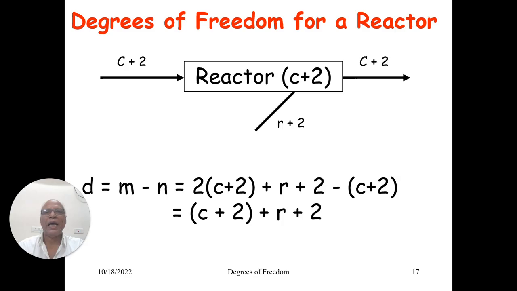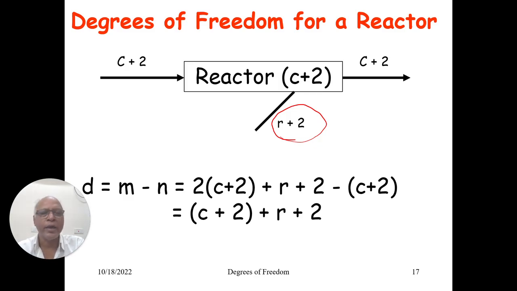So you consider a reactor. So one input stream, one output stream. So the number of variables are 2 into C plus 2. What do you mean by this? These are equipment parameters. We said in a rating problem, along with streams, we must also be able to define the equipment parameters. Remember, these equipment parameters might change depending on the actual type of reactor model you may be using. For example, let me take the stoichiometric reactor.